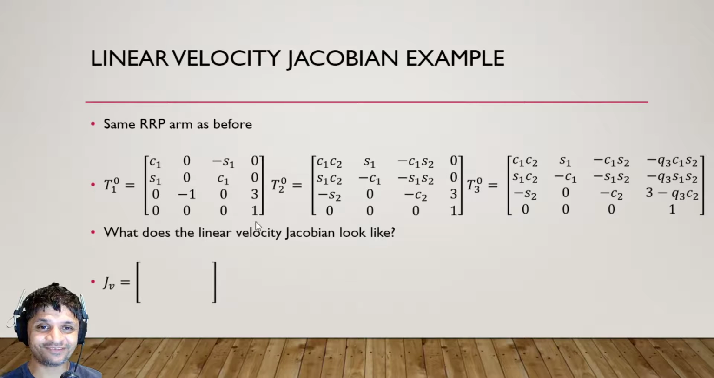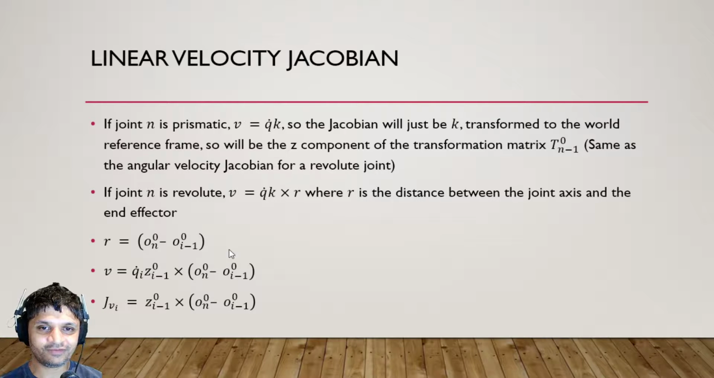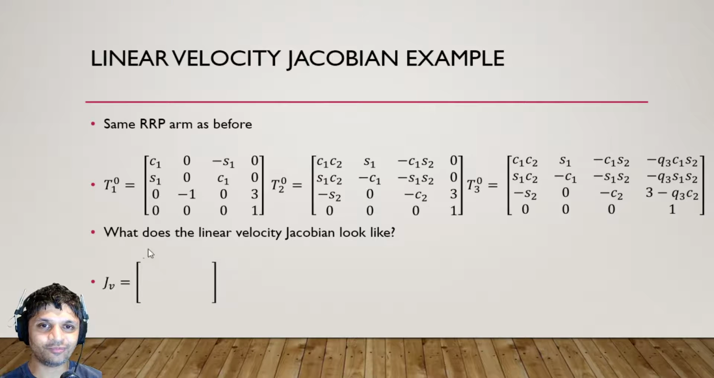Now, this is an interesting one. So now, what does our Jacobian look like? Again, the first column is going to be the contribution of the first joint to the linear velocity of the end effector, right? So that means it's going to be the Z component of my 0th transformation matrix, T naught naught. Remember, we're talking about reference frame naught, so it's the identity matrix, and the Z component is naught, naught, 1,